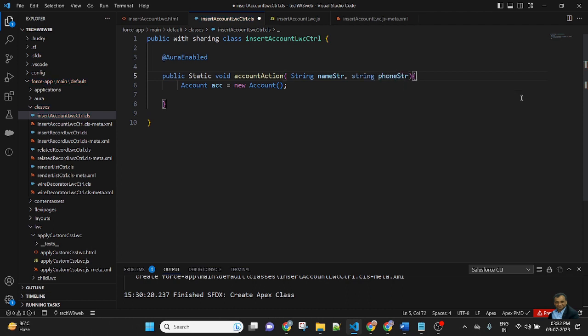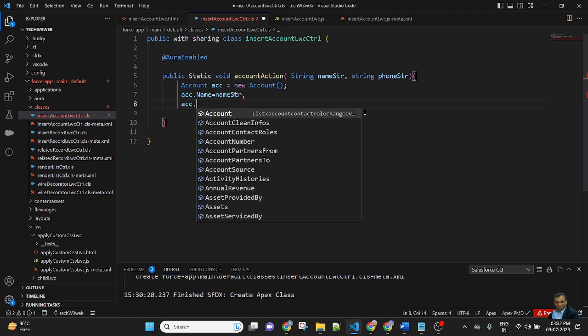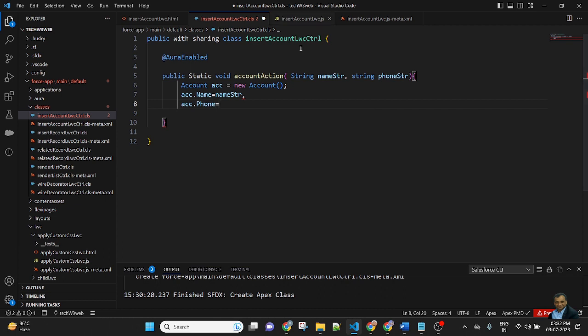So I am passing the two parameters. acc.name equal to name str, acc.phone equal to phone str. Instead of the comma use semicolon here and insert acc.